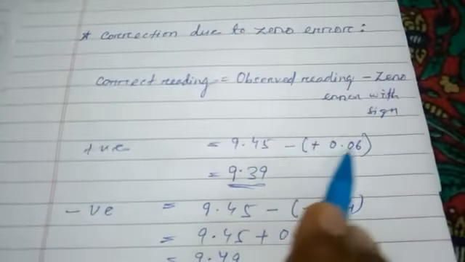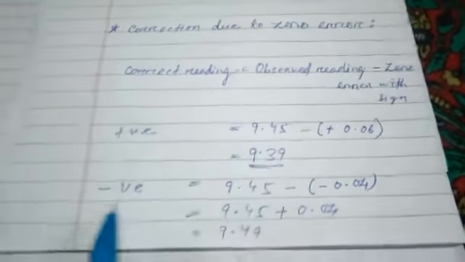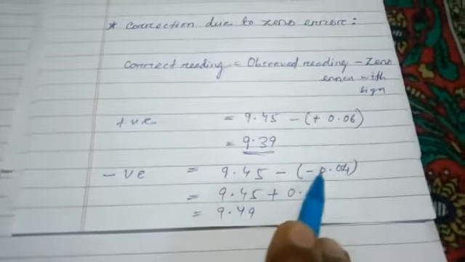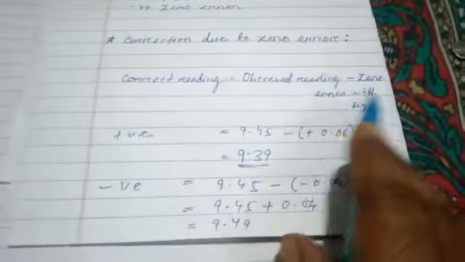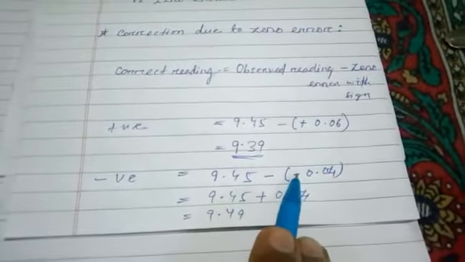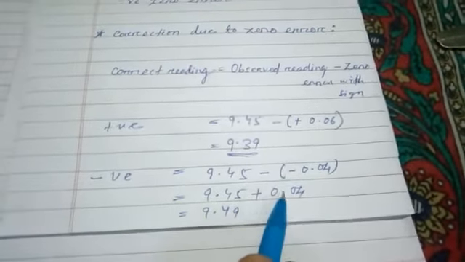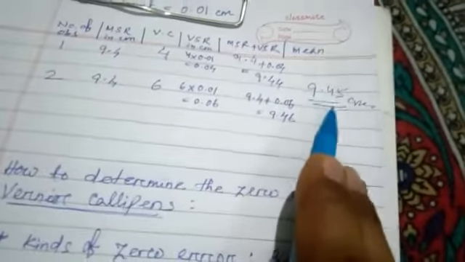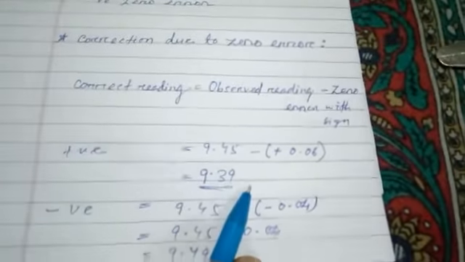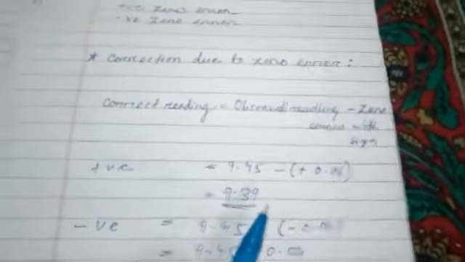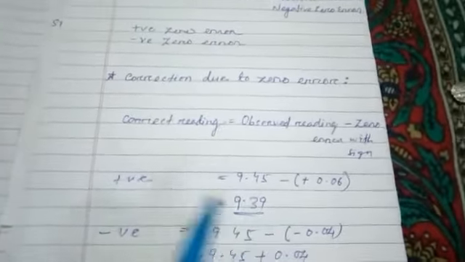Look at that. This was the observed reading. In case of positive error, the error is subtracted from the observed reading. But in case of negative error, minus of minus when you write, because zero error with the sign I said, negative error means the negative sign should come, positive error means the positive sign should come. In this case minus of minus converts into plus. So it is added to your observed reading. Negative error means the error should be added to the observed reading, and positive error means the error should be subtracted from the observed reading. That is what you find in this case of error due to the zero error correction and how to correct the readings.